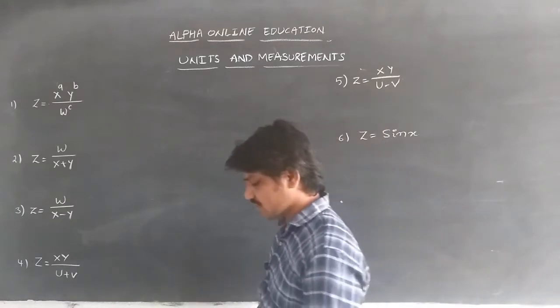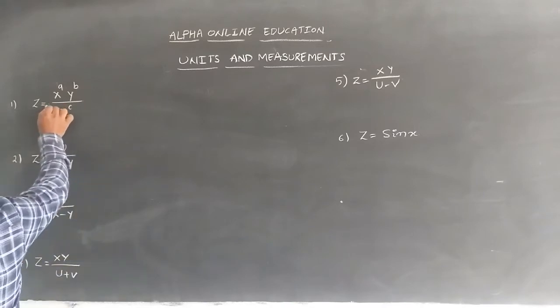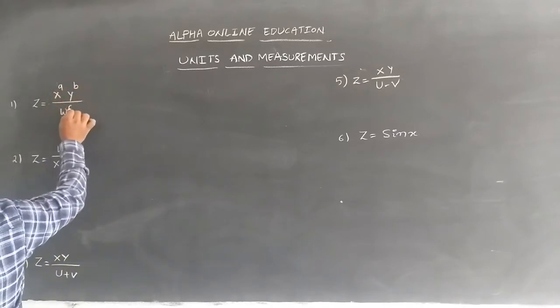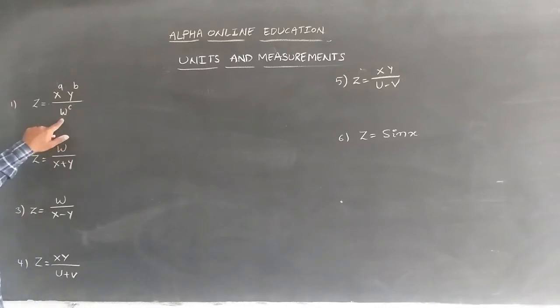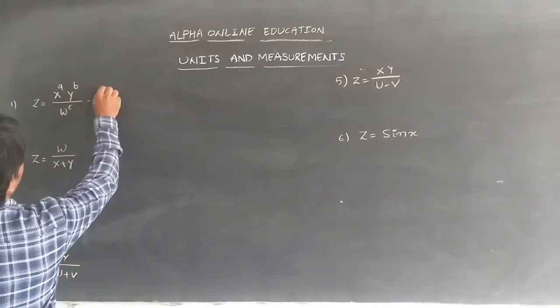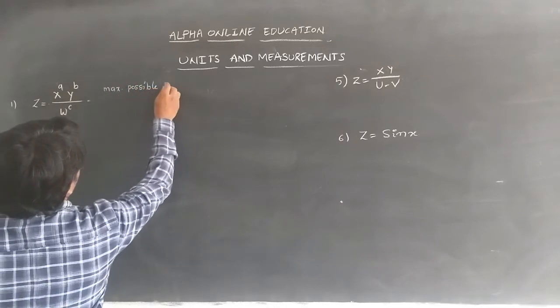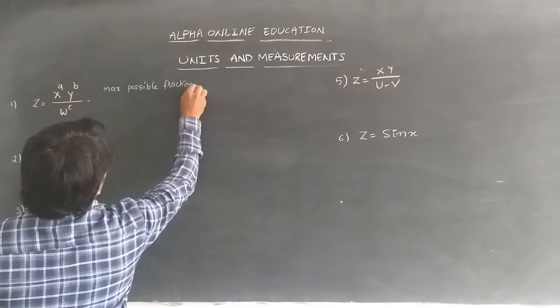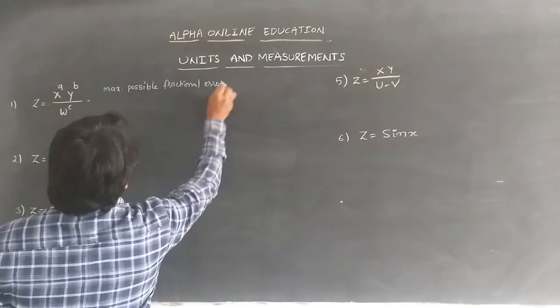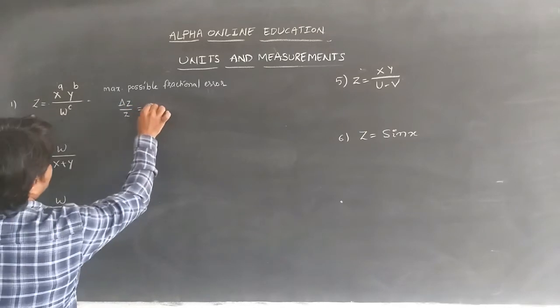Let's write the equations. First of all, the general expression: z is equal to x power a into y power b by w power c. Here a, b, c may be integers, and x, y, z, w are the quantities. If it is given like this, how do we write the maximum possible fractional error, that is delta z by z, which is equal to plus or minus of